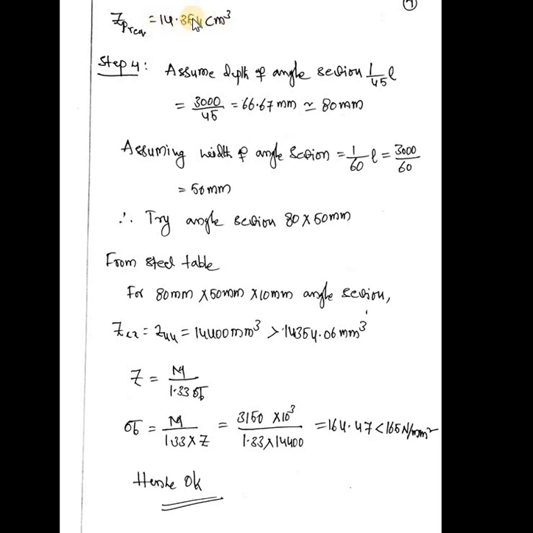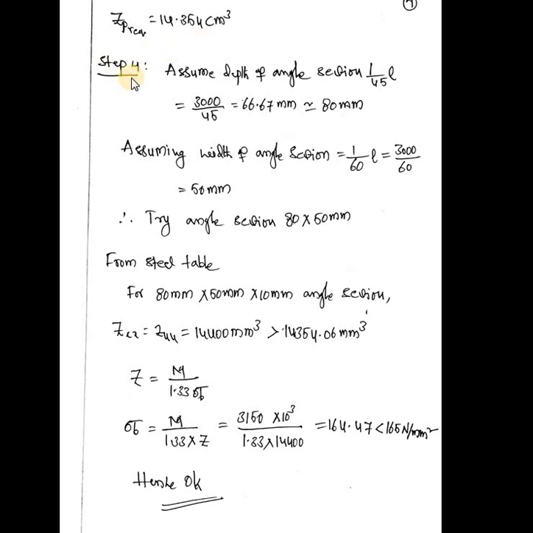Based on this, after calculating, this is the actual required section modulus. Based on this only, we have to compare whether it can resist the bending or not. But in the previous lecture for channel section, based on this we selected a section from the steel table, but in this angle section problem, this value is used to cross check the bending.